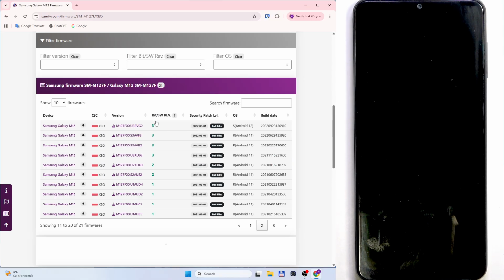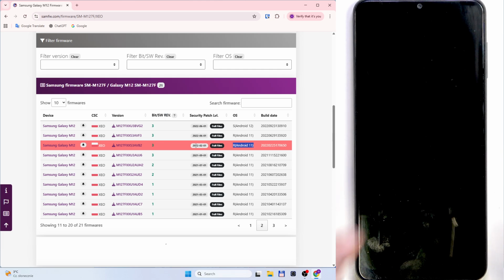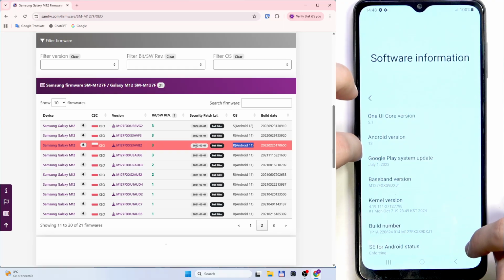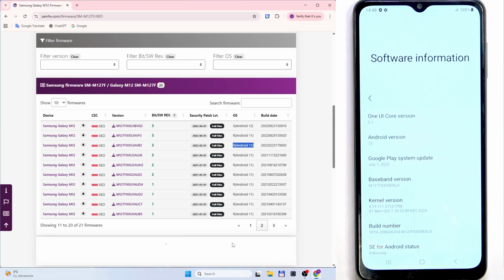which means if you have, let's say, the 3 with security patch level 2022-06-01, but on Android 12, you cannot get the one on Android 11, especially if it's even older security patch level, but you can't get it at all. Also, the Android version is listed here, so I have the 13,